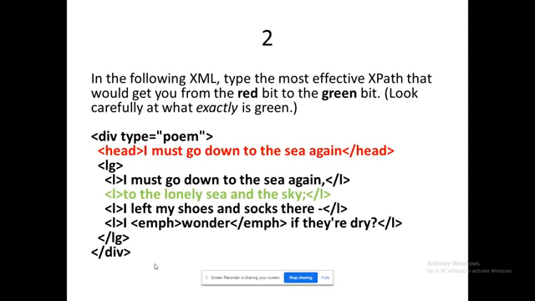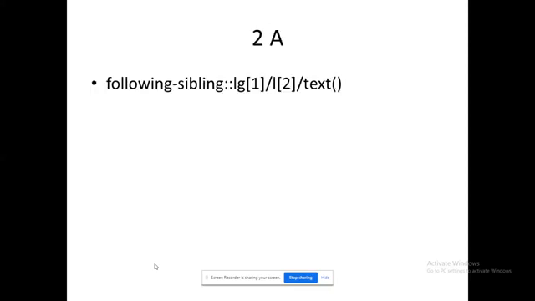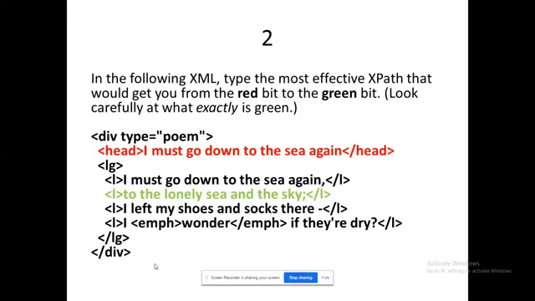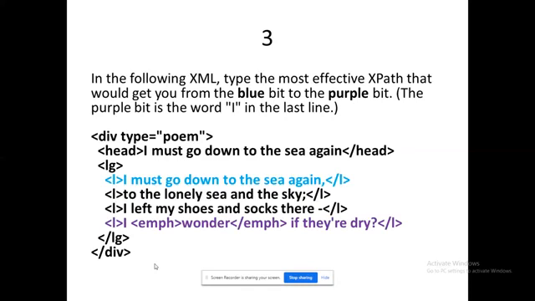So 'To the lonely sea and the sky' will be retrieved when I issue following-sibling::LG[1]/L[2]/text(). LG[1] means the first record in LG in the head, and L[2] represents the green tag. That's an interesting thing to know. Third one.